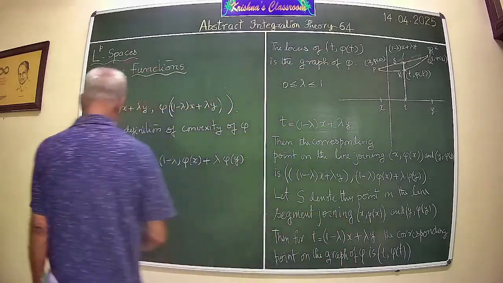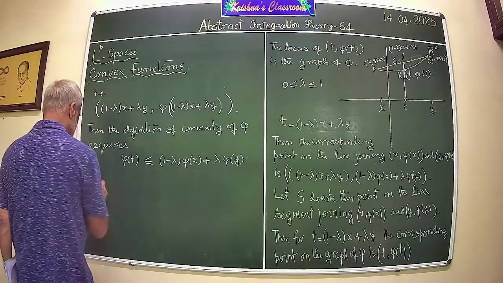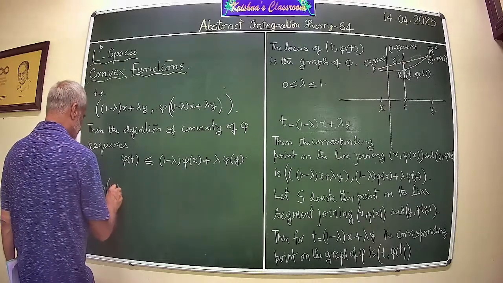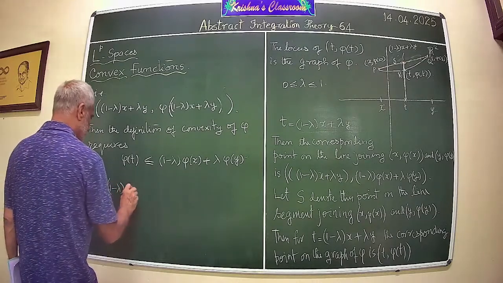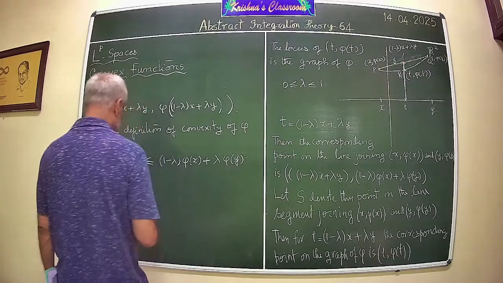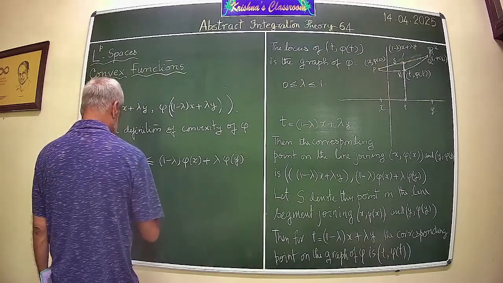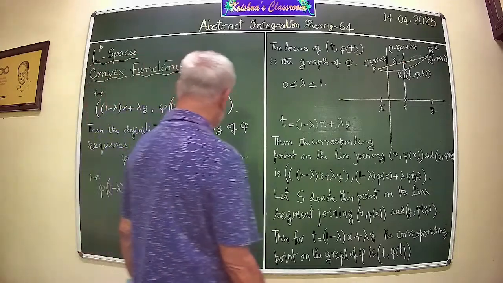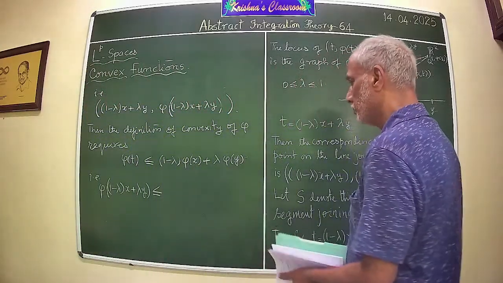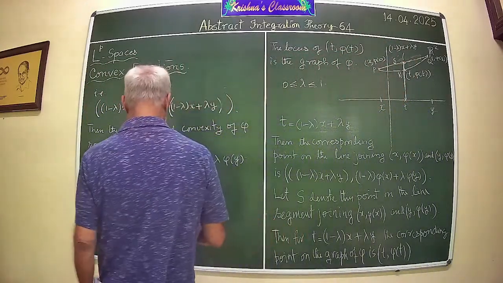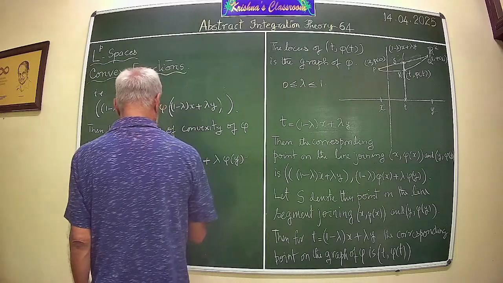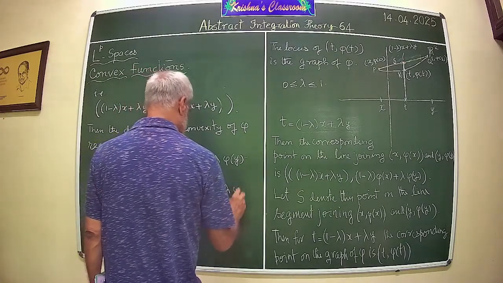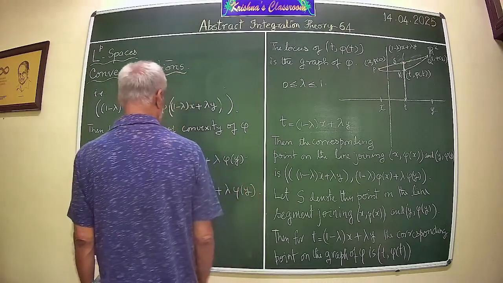That is phi of t, where t is 1 minus lambda x plus lambda y, is less than or equal to